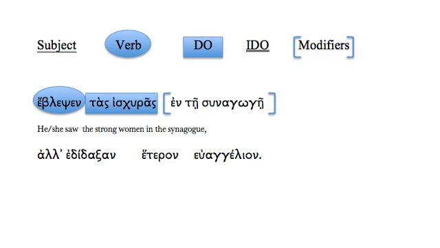Now we come down to our clause here, and we can go ahead and start the translation by just saying but, because we know that it's contrastive with the contrastive use of alla, the conjunction. Then we need to do the same thing that we did above, which is identify our subject, verb, direct object, indirect object, and modifiers. So let's look for our subject. We see that there is heteron euangelion as a possibility. An on ending could be your neuter, singular, nominative. It could be, but euangelion